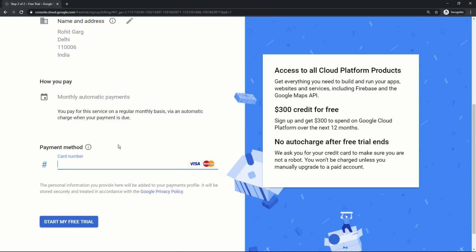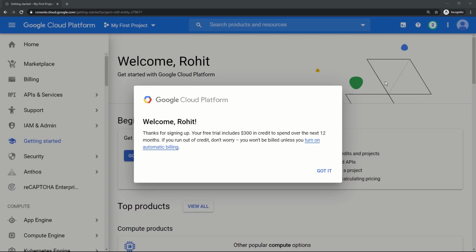Due to security reasons, I am skipping the credit card payment part, but it will automatically take you to the dashboard page. So please register and we will meet you at the dashboard page. Hope you entered your credit card details, and you also see a warning that Google is going to charge you a small amount and it will be refunded. No worries about that, it's going to be refunded. Once you click Start Free Trial, you are on the Google Cloud Platform console page.